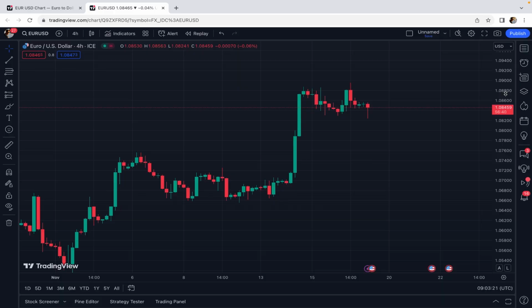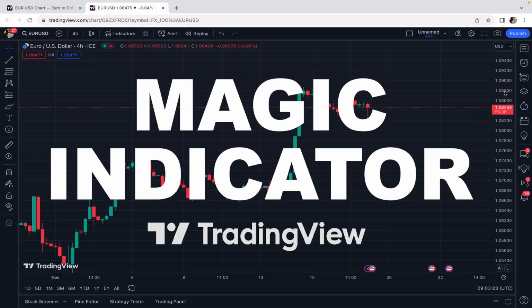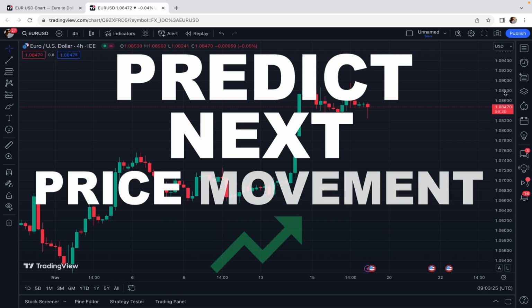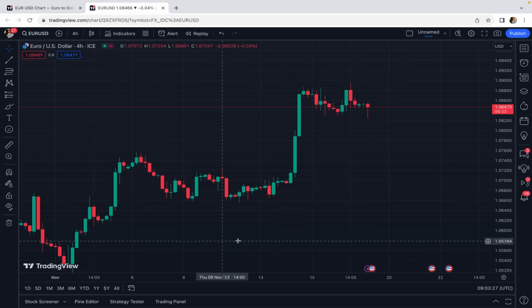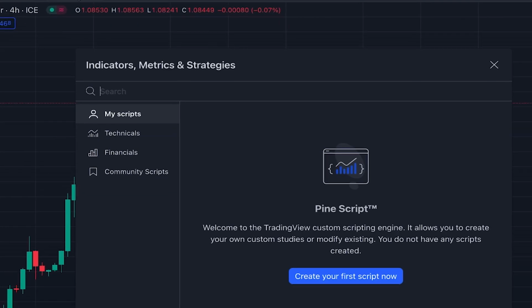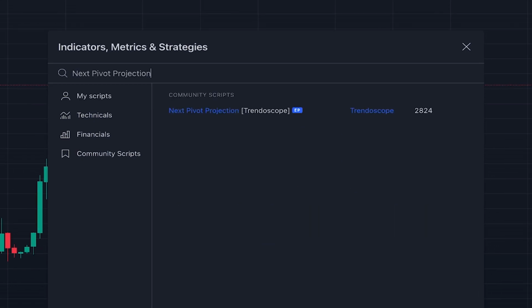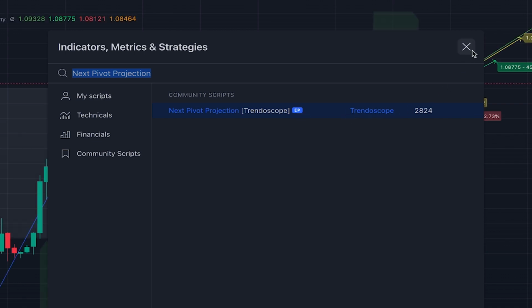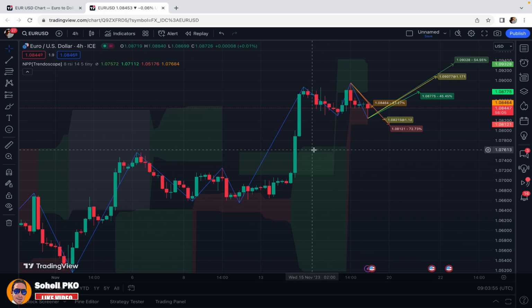In today's video, I want to introduce a magic indicator on TradingView that can predict next price movement in the market. To add this amazing indicator to our chart, here we click on indicators and we search next pivot projection. This one, which is an editor specs indicator and written by someone named TrendScope. Alright, this is the indicator, and as you can see, we have some shapes, lines, and labels added to our